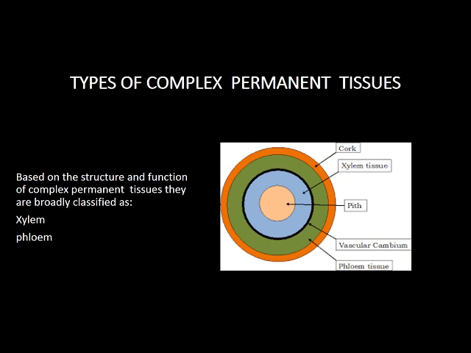Like for example, when I say 1 dozen banana, that means 12 bananas are included in 1 dozen. In the same way, children, when I say xylem, it represents a set of four different types of cells. When I say phloem, it represents a group of four set of tissues. Now we will study xylem and phloem in detail.